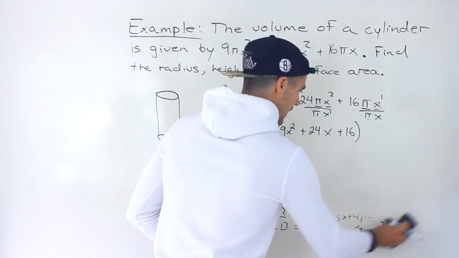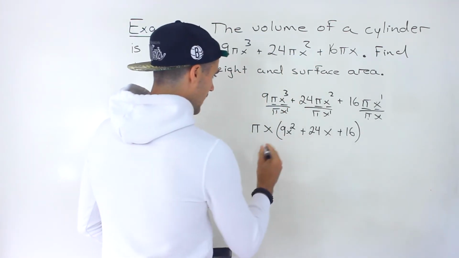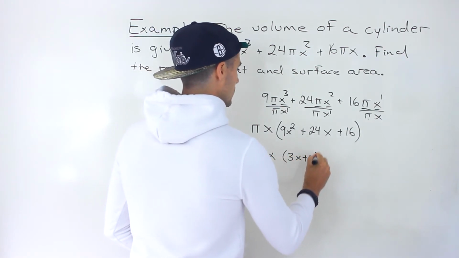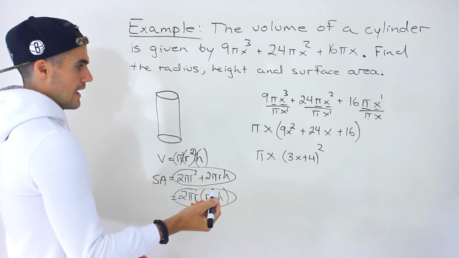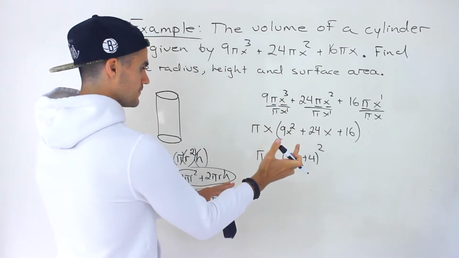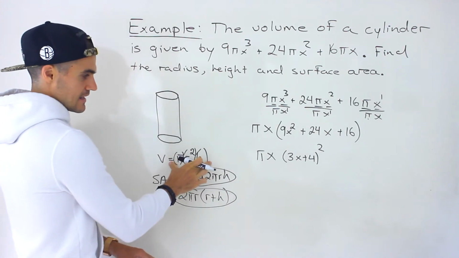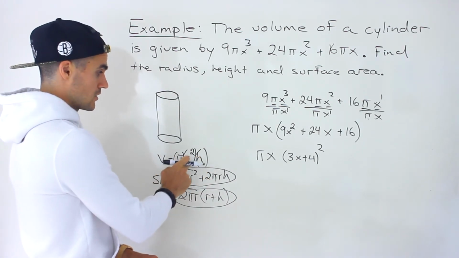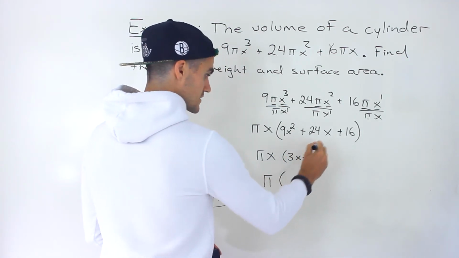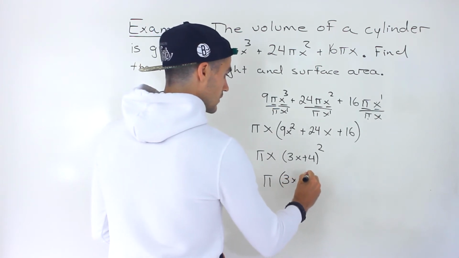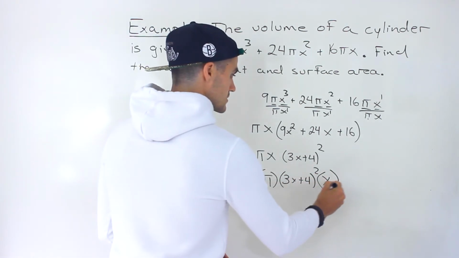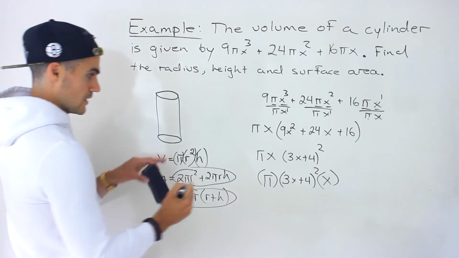So now going back to our main work here, this bracket factors into 3x plus 4 squared, like that. Notice that we put it in this format, and this and this are the same. Now notice that this is in the volume format, pi r squared h. We can rewrite this as pi, then something squared, which would be the r squared, and then the height over here. If we even put these in brackets just to really separate them,